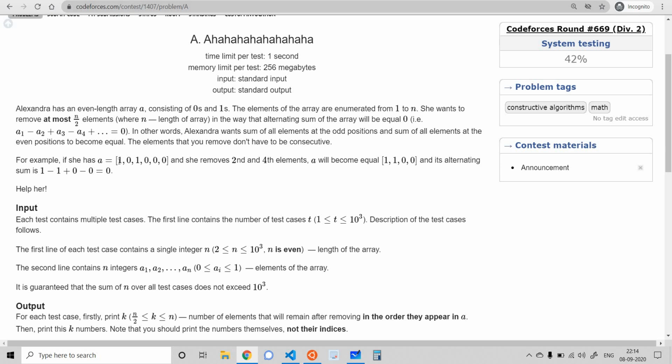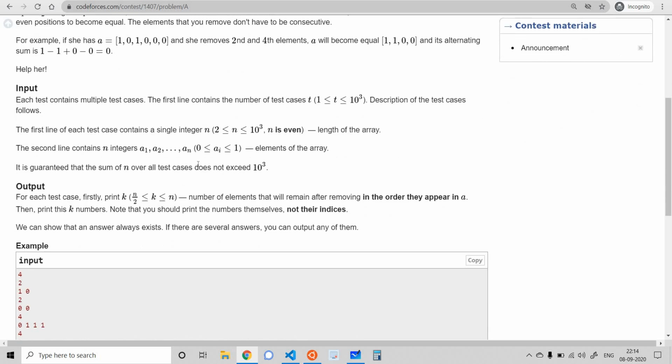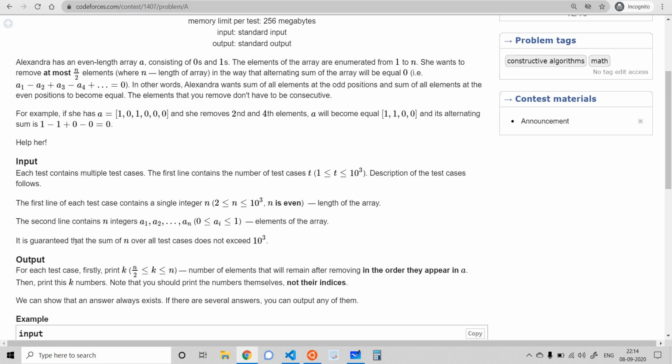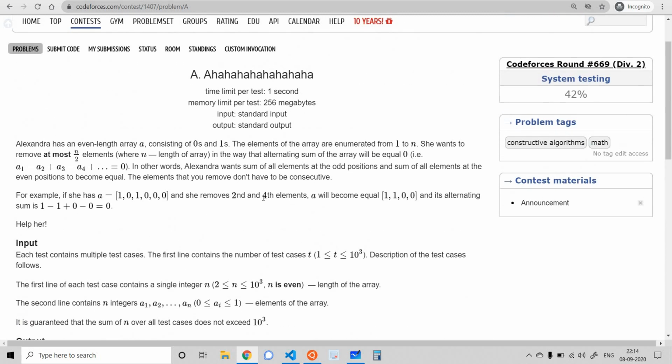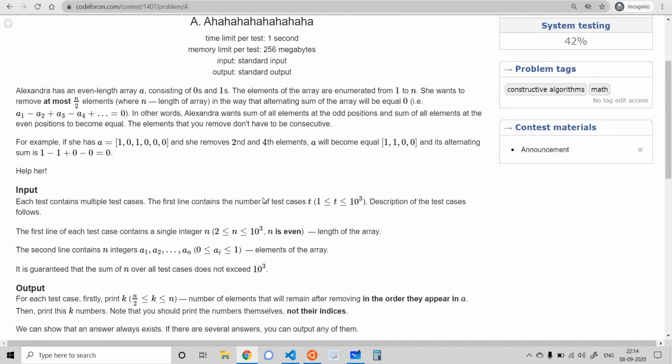In this example, if we delete the second and fourth element, A will become this, and you can see the sum at even places as well as odd places is equal. It is guaranteed that the sum of n does not exceed 10^3, and we can show that an answer always exists. Let's see what we can do.